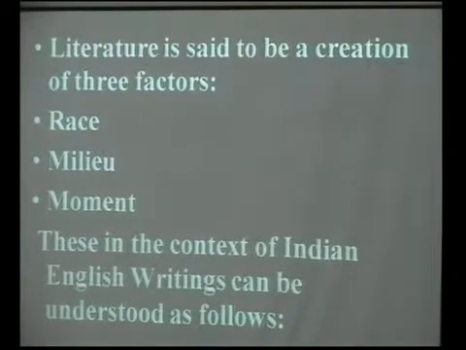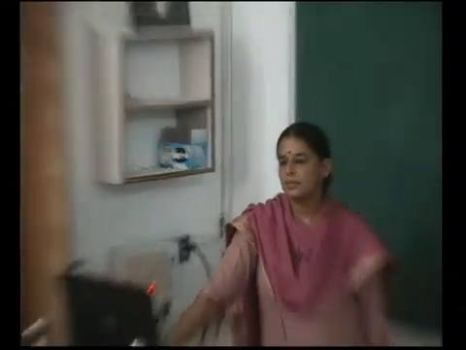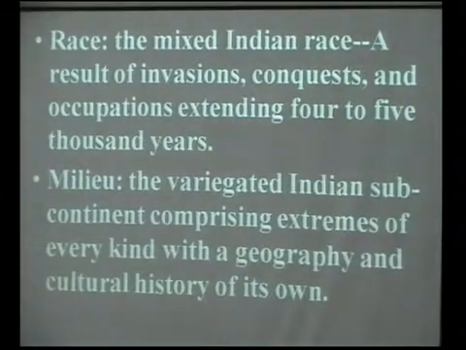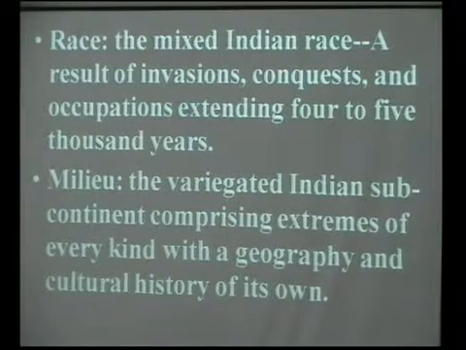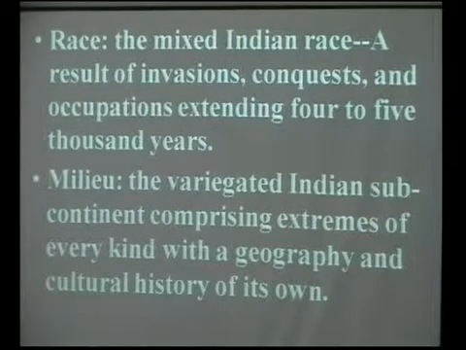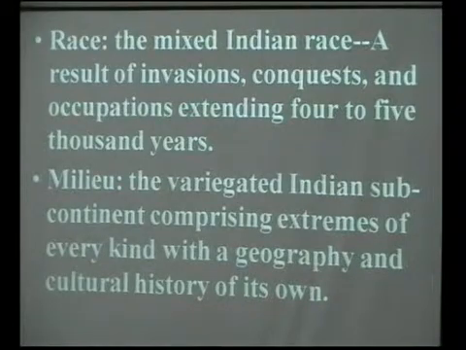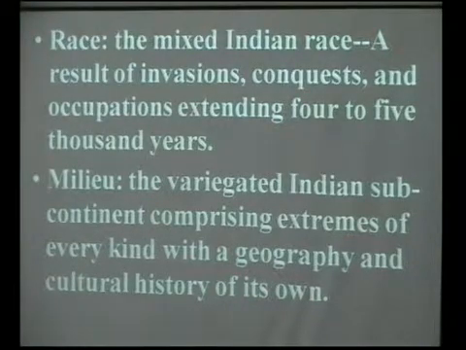Generally, we talk about a literature as a product of race, milieu and moment. In the Indian context, race would mean nothing simple. It is the result of invasions, conquests and occupations extending 4,000 to 5,000 years. What does this mean? This means that whatever will be written in India will be the outcome of a very complex history, which includes not just India as such, but every foreign influence that made its way into our country